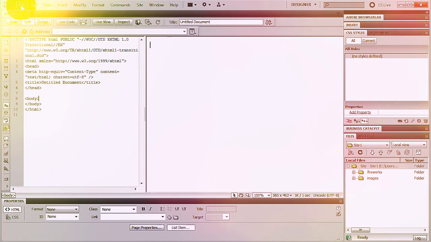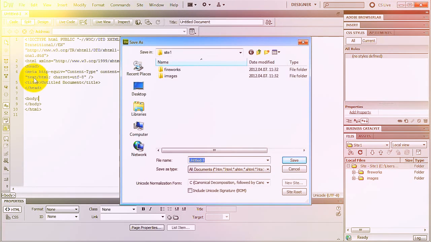I save it. I save it inside of my local site folder, and I'm going to call it Index. Lowercase letters, and that's the main page of a website. So when you type in yourwebsite.com in the browser, or actually any website URL without any extension, the browser will look for an index page inside of the site folder on the web server. So the index page is the home page, but other pages, like if you have a products.html page in your site folder and you've uploaded that to your web server, it's going to be available at